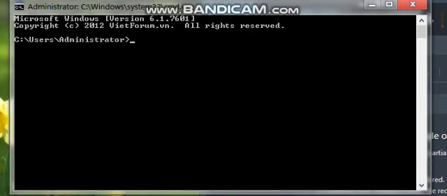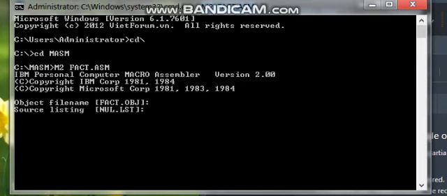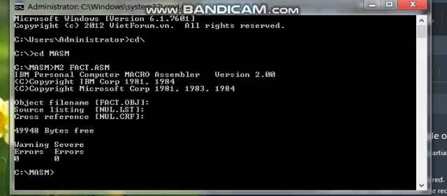This is the command prompt. Our program is in C:\masum, so we will go to that directory with cd masum. The first command is m2, and the name of our file is fact.asm. Errors are 0.